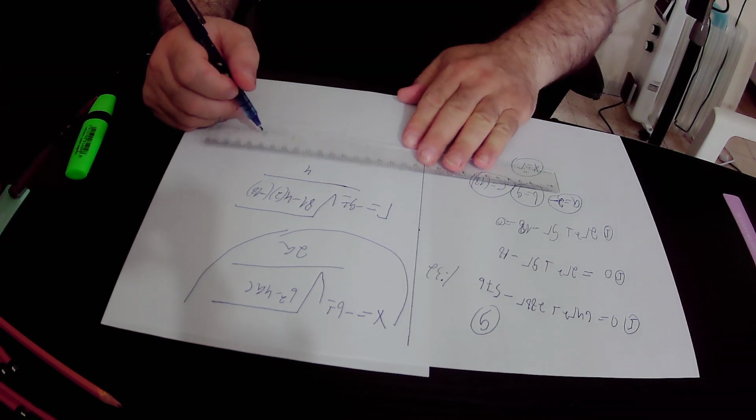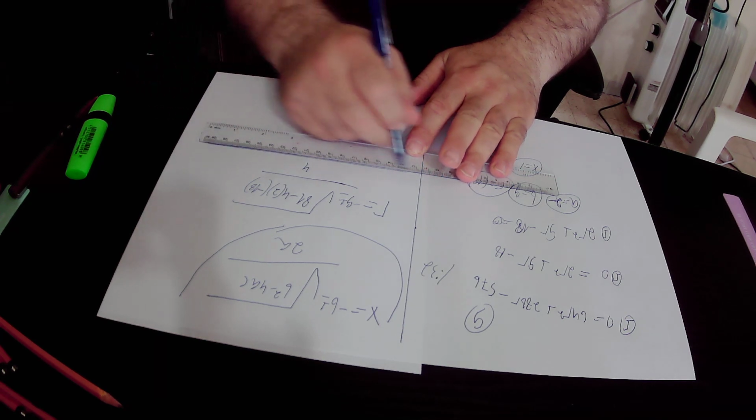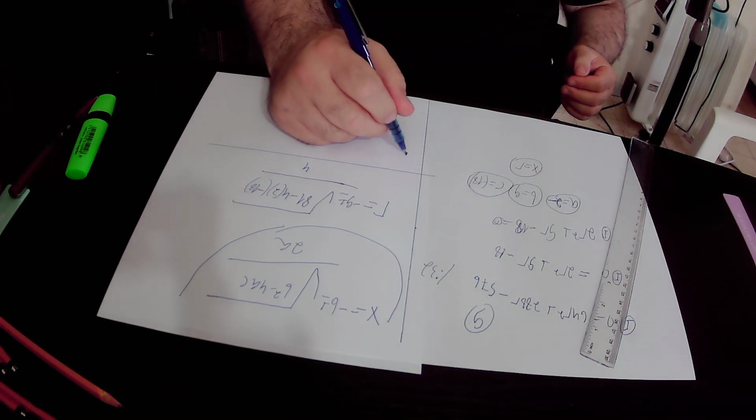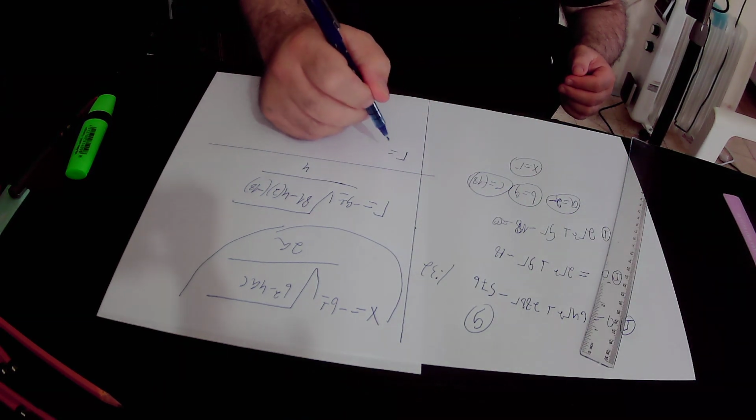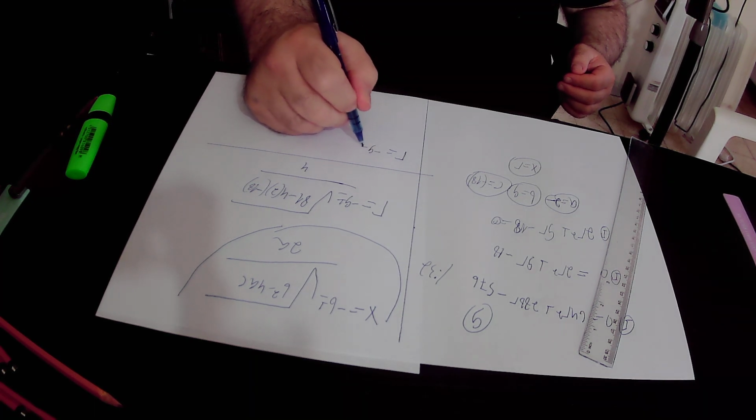So here we have the radius of the small circle. It will be equal to minus 9 plus minus